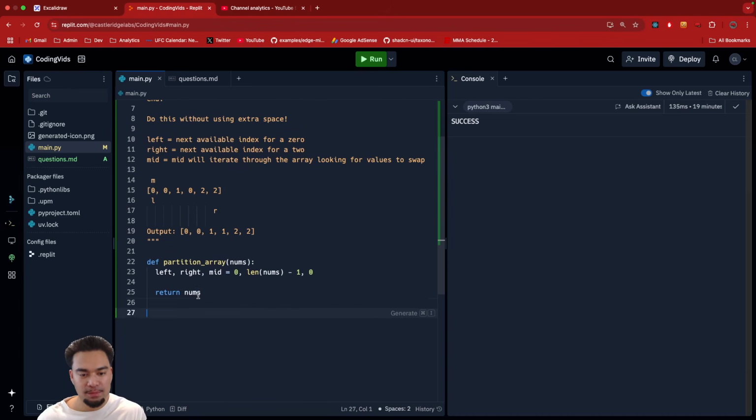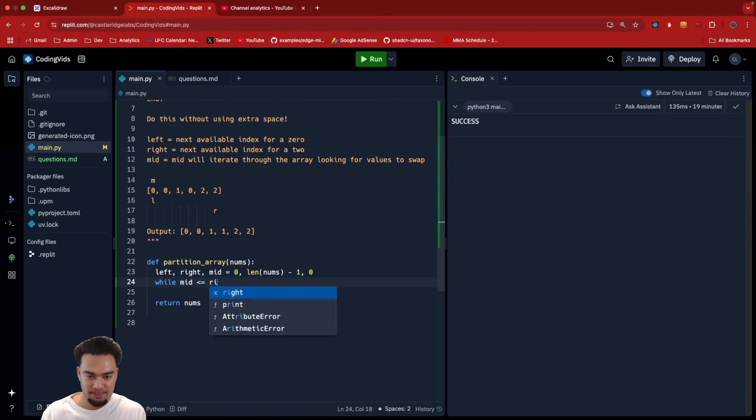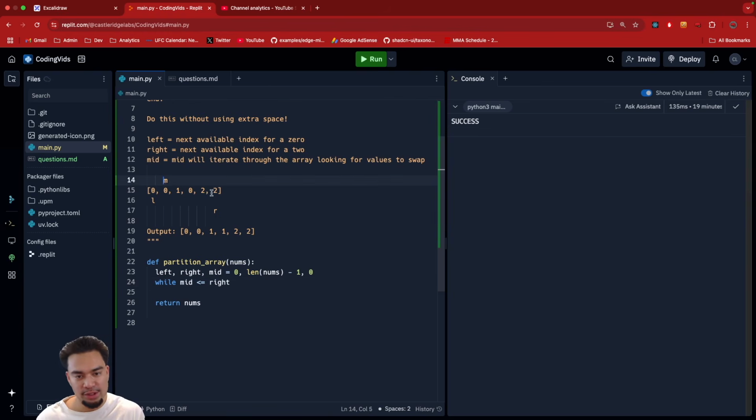Now what do we want to do? We want to do a while loop. While the mid is less than or equal to the right, because we're moving the mid, and once it crosses the right pointer, we shouldn't keep iterating. Let's not increment anything right now, but basically: